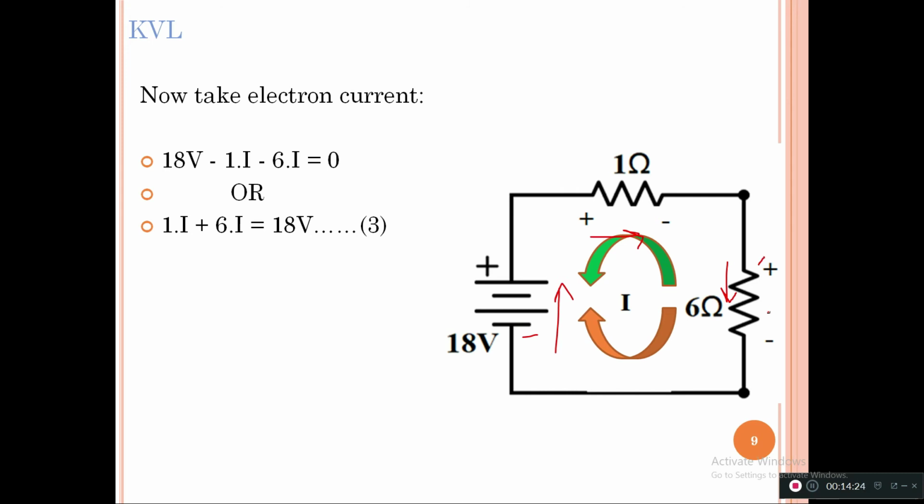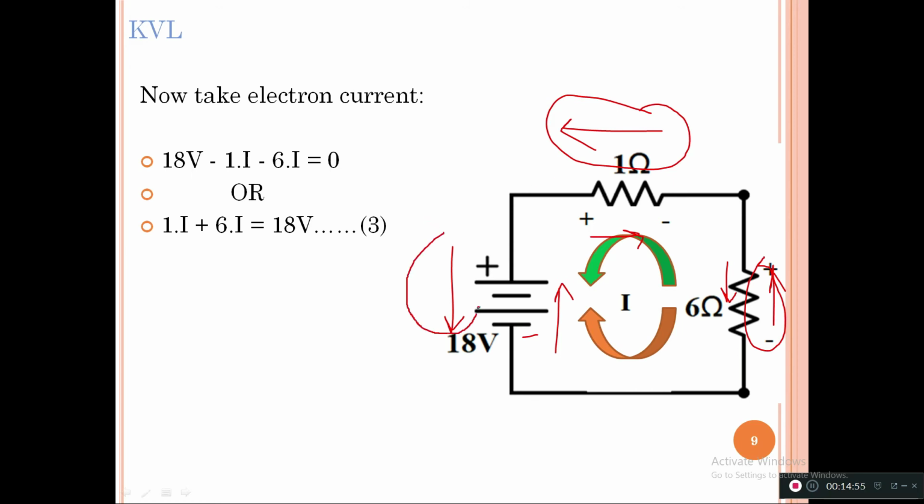If I take this reverse direction, now the current flows from here to here. Look at this arrow, from minus terminal to positive terminal, again from here to here, from minus to plus, and from plus to minus. So as per the convention of the electron current, since it is entering from the minus terminal, I will take it as a positive, and since it is also entering from the minus terminal, I will take this voltage as a positive. And here